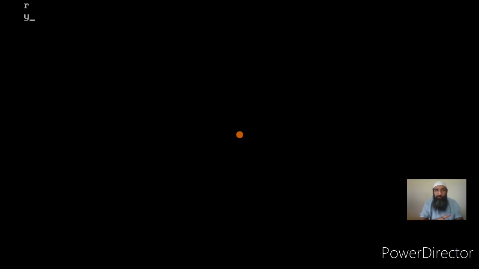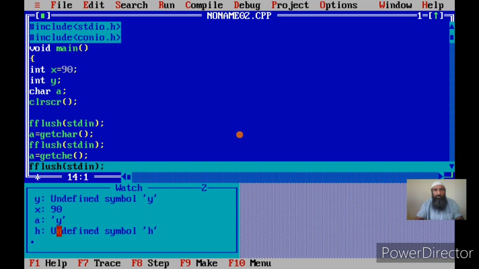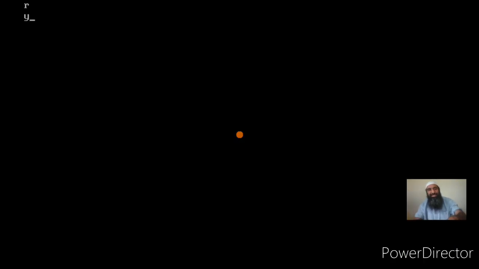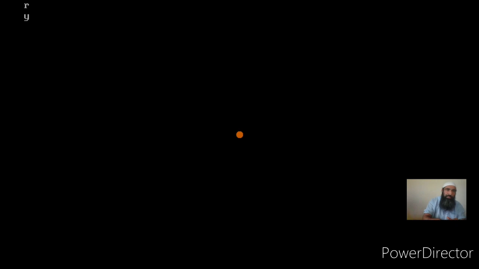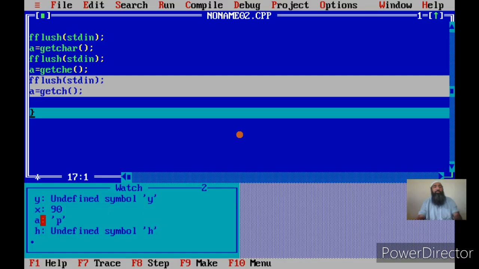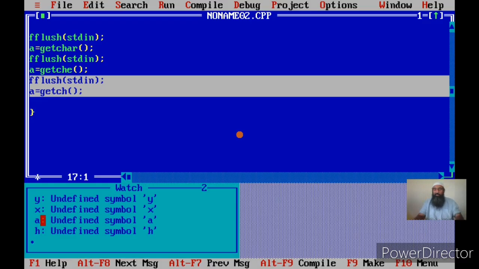Okay, then the next is getche. I pressed the character, it has been displayed on the screen, but it did not wait for the enter key. Okay, then I am going for the next, that is getch. I press the character. Suppose I press p now. See, the p has been accepted. How do you know that? If you see in A, now p is the value that is stored. Before this, there was some other value. Now this is an indication that getch has worked. It has accepted the p and stored it in A, but has it displayed the p on the screen? No, the p is not displayed on the user screen.